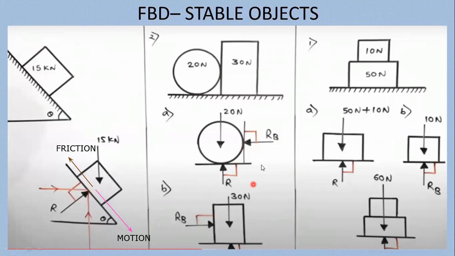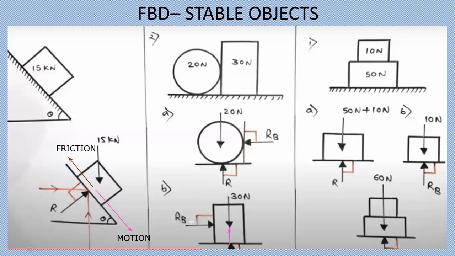caused by this adjacent object. The adjacent object is pushing this body in left direction. So therefore, this reaction is directed towards left direction. Okay. Now let's come down to the body B, which is rectangular and which has 30 Newton of self weight. So 30 Newton of self weight is directed downward. Reaction R is directed in upward direction, which is from downward to upward. This is reaction R. And RB is directed from left to right,